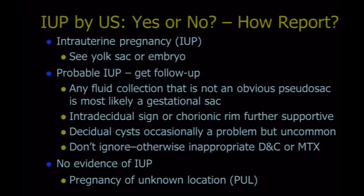So when we're scanning these patients, when we report them, we need to decide how we are going to report these. Can we say for sure that there's definitely an intrauterine pregnancy present? I think you can put them in these categories. That is, there's definitely an intrauterine pregnancy. So when you see a yolk sac or embryo inside the gestational sac, you know for sure that's an intrauterine